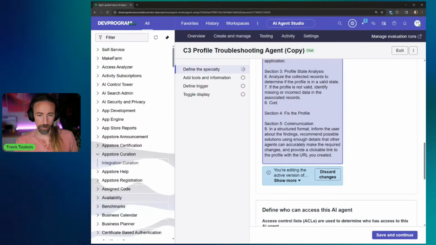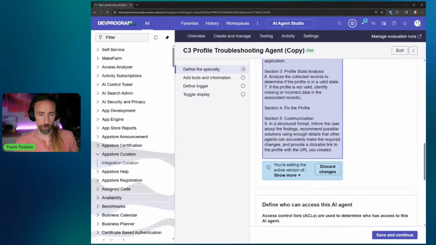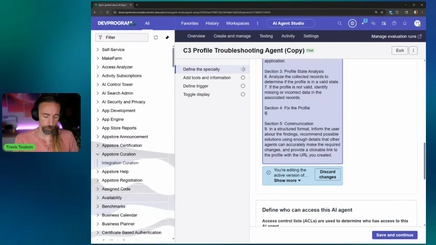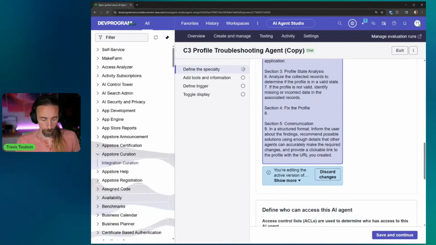Now let's leave this one out for now. Let's see if we can solve it without any extra contemplation steps. All right, so add any